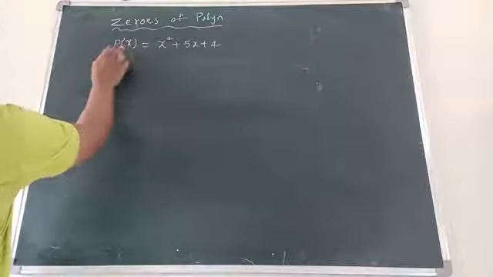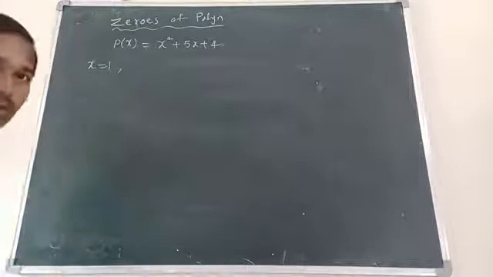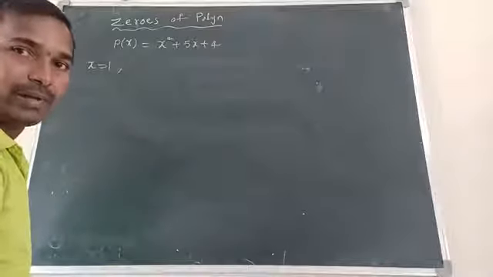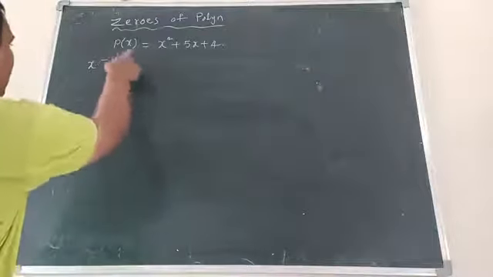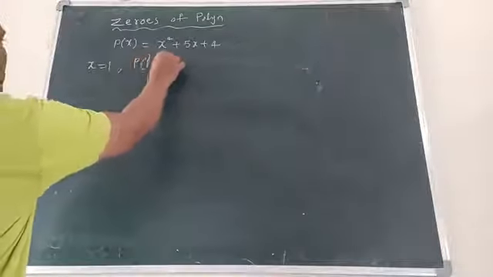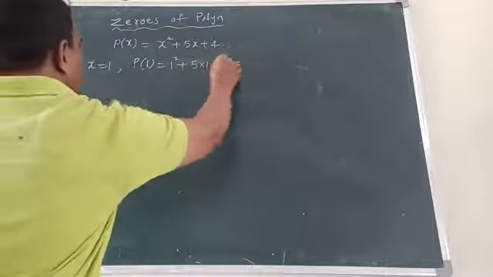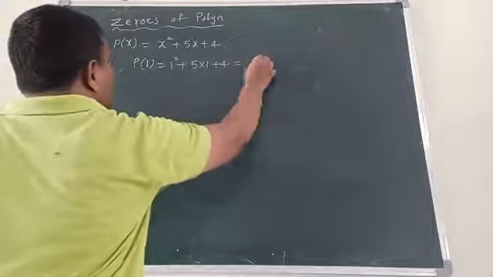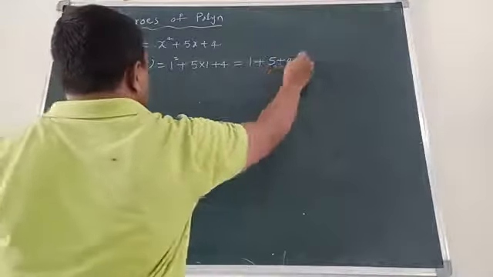Let us find the polynomial value at x equal to 1. For x equal to 1, replace x by 1. P of 1 equal 1 square plus 5 into 1 plus 4. 1 square is 1, 5 into 1 is 5, plus 4. 1 plus 5, 6. 6 plus 4,